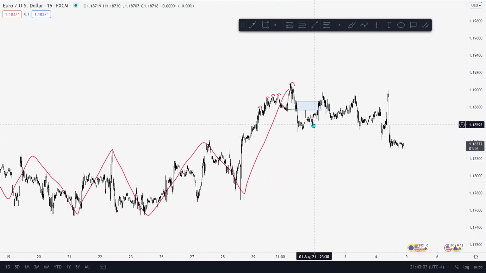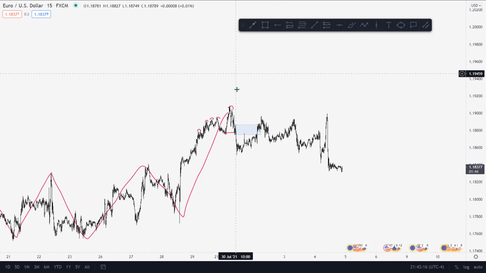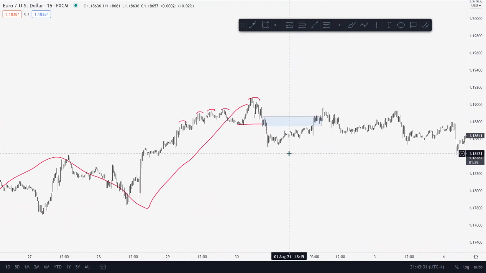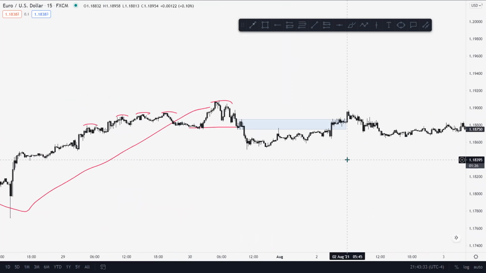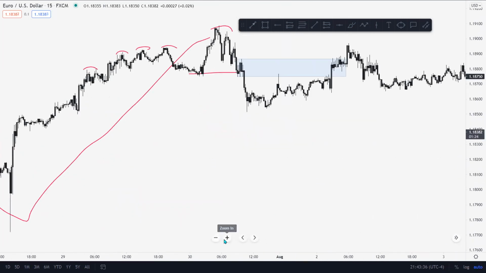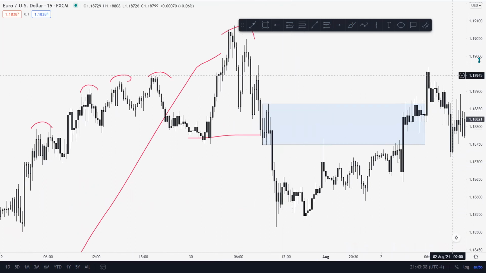So we had a BOS, right? And this break of structure indicated to me that although we had this singular leg to the upside, right? We had this single leg, and this BOS told me that, okay, now we're probably going to get that retracement into here. This is where we're going to start pulling back. So what ended up happening? We started forming all of these supply levels, right? All of these supply levels.